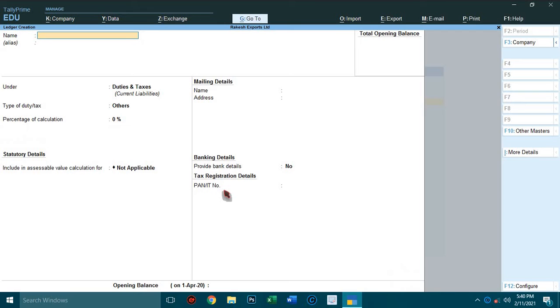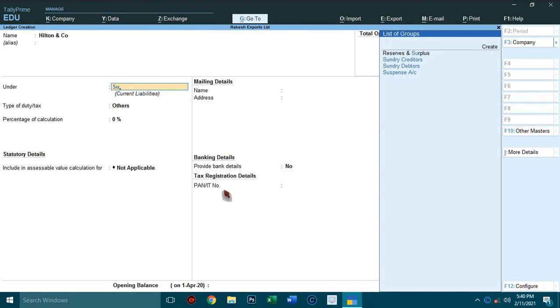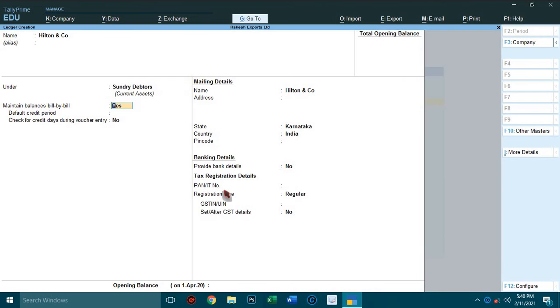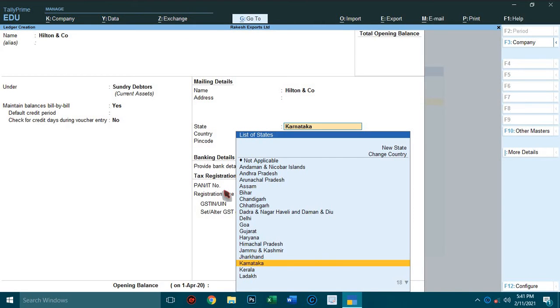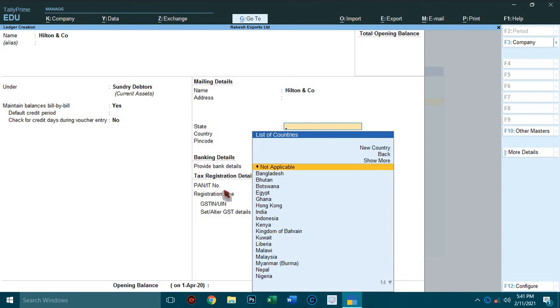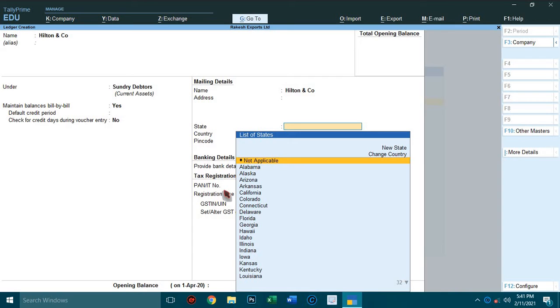Now create customer ledgers. Hilton and Company, under sundry debtors; all customers come under sundry debtors. Here select the country, change the country, United States of America, for example.